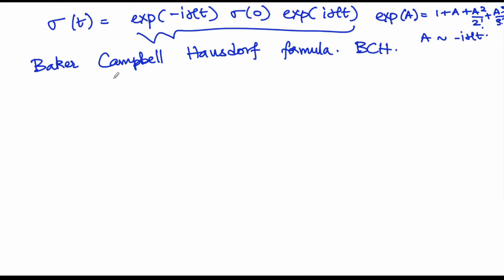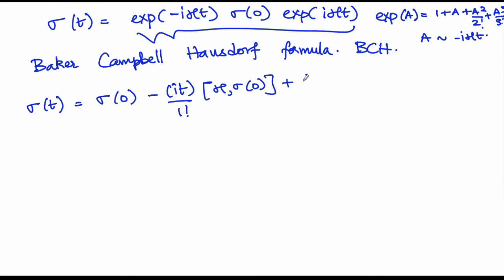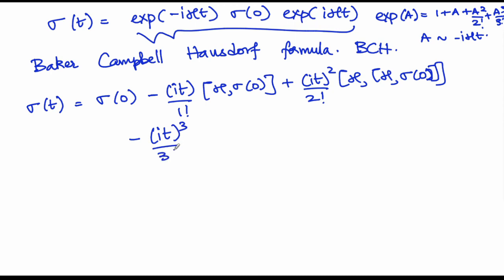So when you have something of this sort, then sigma of t would be given by sigma of 0 minus it by 1 factorial [Hamiltonian, sigma of 0] plus (it) squared by 2 factorial, the double commutator of the Hamiltonian with the operator that you have, minus (it) whole cubed by 3 factorial [Hamiltonian,